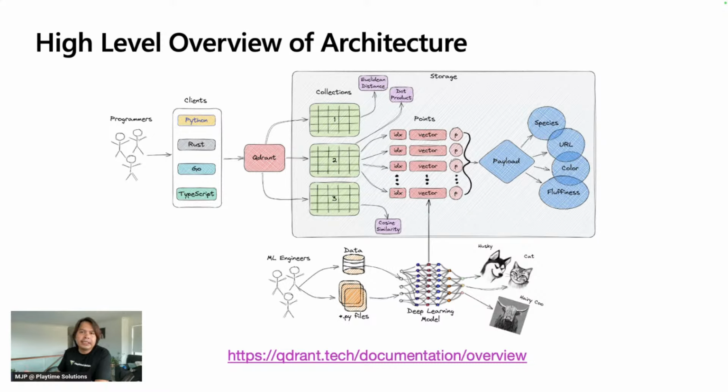Or maybe it's an internal system, internal network. And those backend interactions require a database, or a data store of some sort, and that's where Quadrant comes in. You can interface with a lot of different backend clients, or maybe even